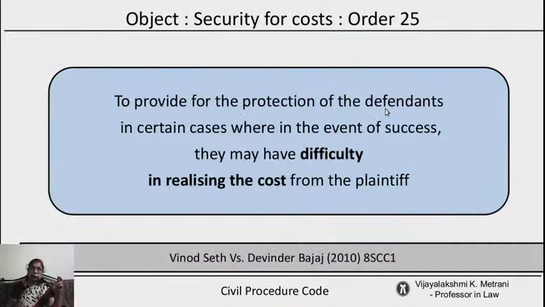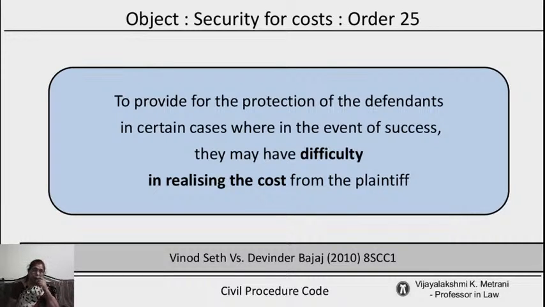What the court would do is, see, this is the object, to provide for the protection of the defendants in certain cases where in the event of success they may have difficulty in realizing the cost from the plaintiff. Suppose if the defendant succeeds, then they have to realize the cost from the plaintiff, because they are put to unnecessary trouble by filing the suit against them. So, in this case, there is one case, Vinod Seth versus Devendra Bajaj, which has been decided in the year 2010, and Supreme Court cases,